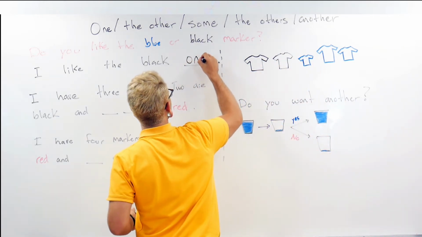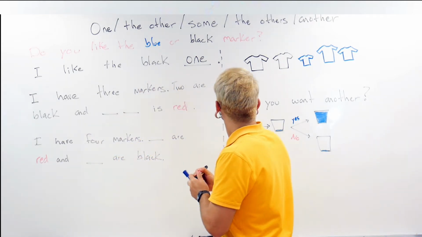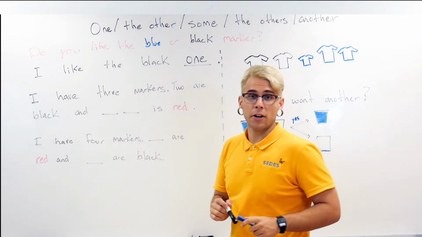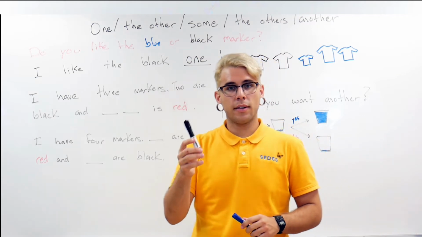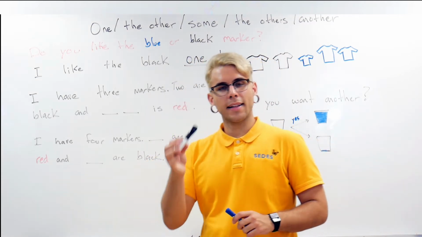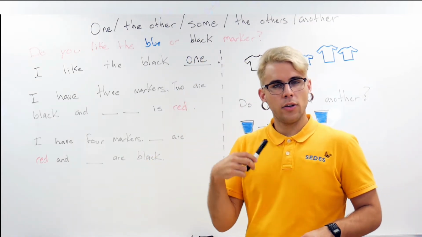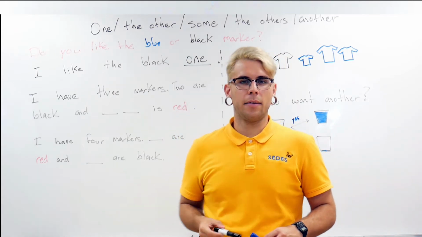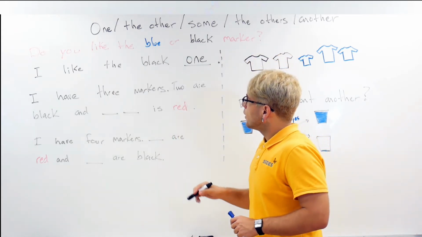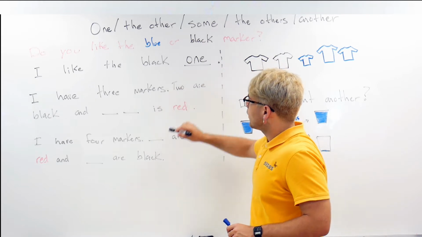So this one replaces the name or the subject of marker. And you're replacing the marker name with one. So I like the black one. And you use it when you talk about a singular item. So that's how you use one. Next, let's